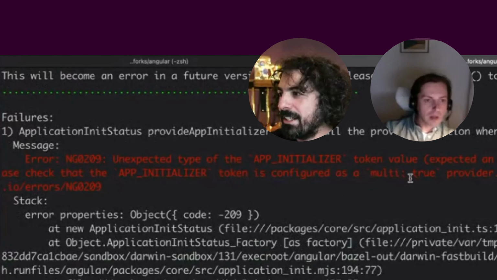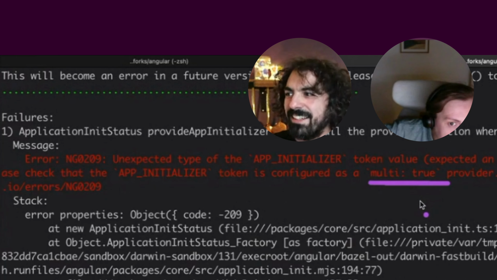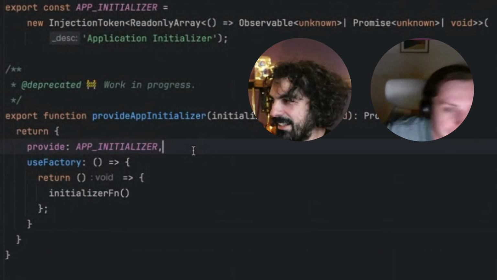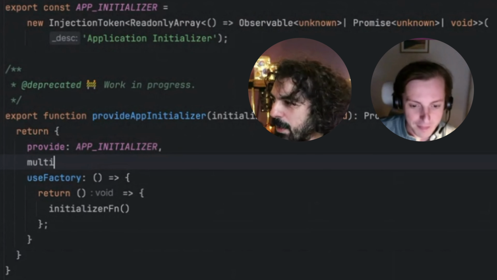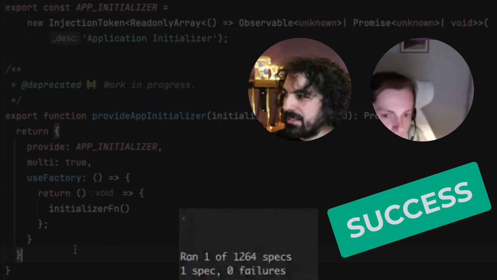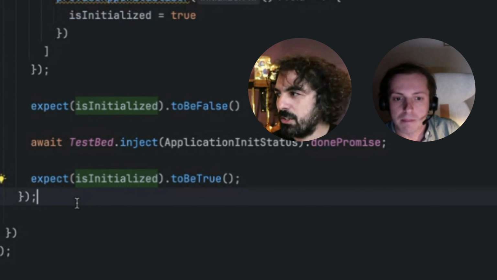We got a failure because it expected an array but got a function. Yeah, because we have to use multi: true. Oh, we forgot multi: true. Of course. So this is why tests help. Cool, it passes. So now we have to think about the other test that you just mentioned,